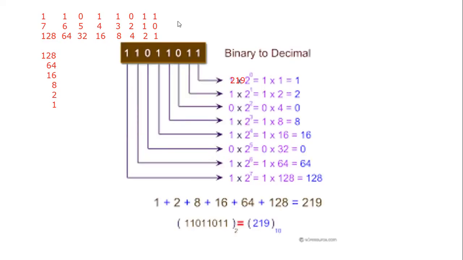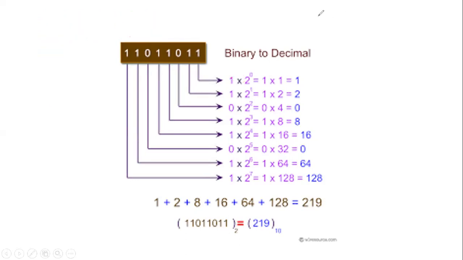Okay. So this was the binary to decimal conversion of the number 219. Can you all see over here at the bottom, they write the number 2 and number 10, which shows the number system that they belong to. Over here, when I was giving you the number, I'm not writing any number system because I'm giving you only binary numbers. But whenever you solve it in the exam paper or in your notebooks, please mention the number system.